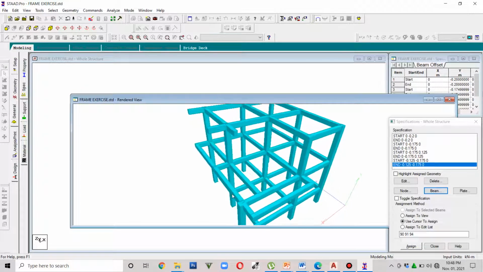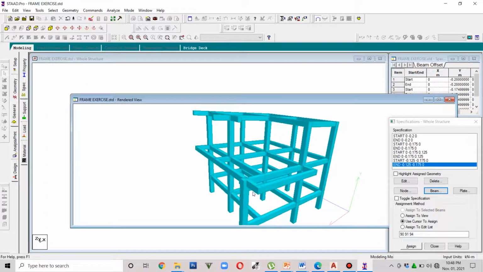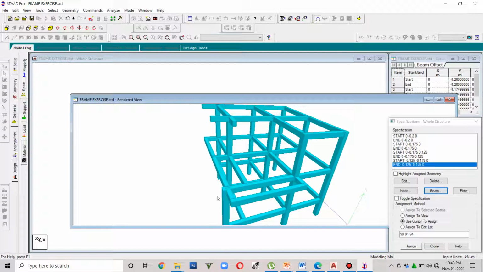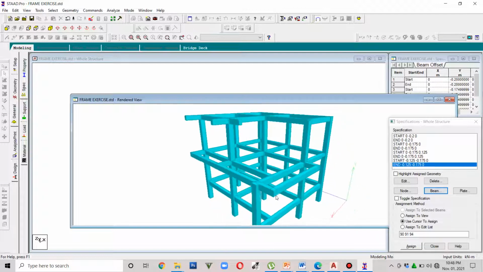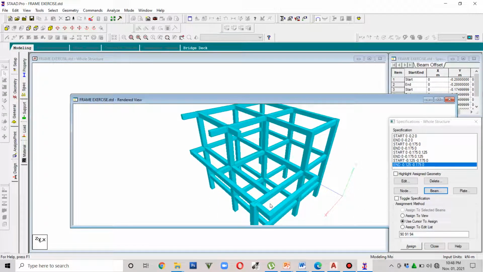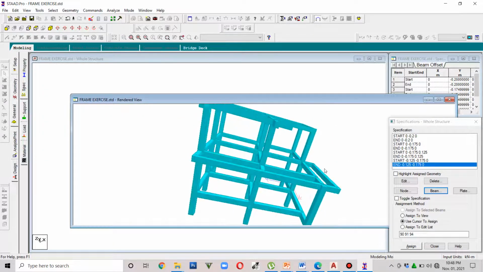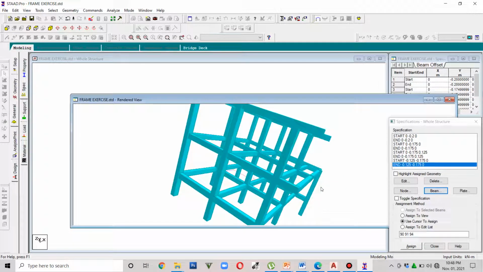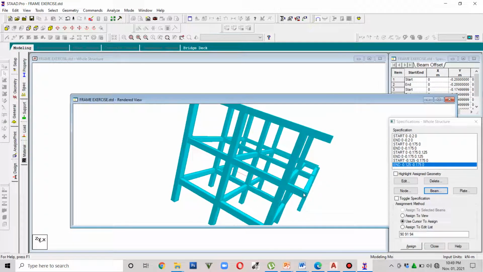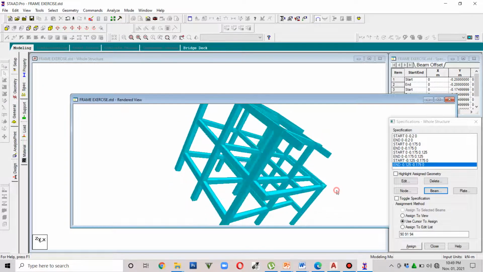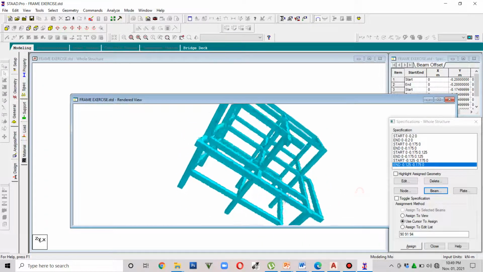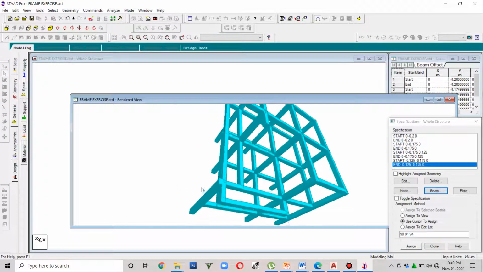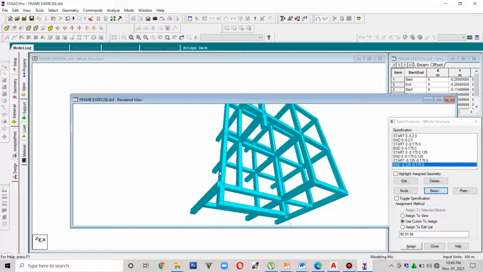So, if you notice, naka-connect to dyan. Pero, hindi siya naka-flash dito sa dimension. Okay? So, if that is the case,